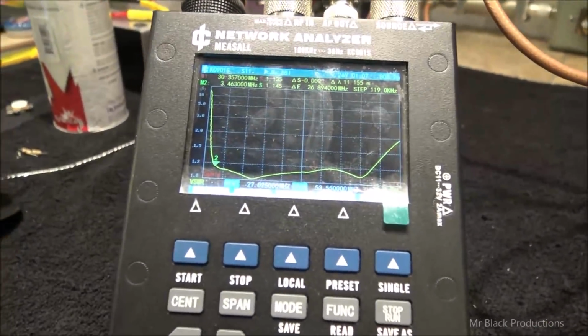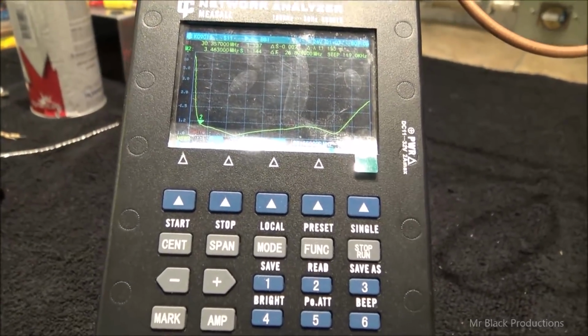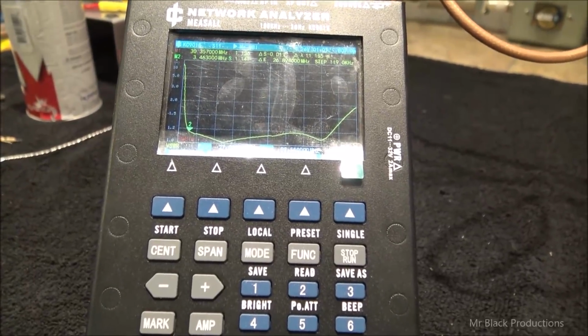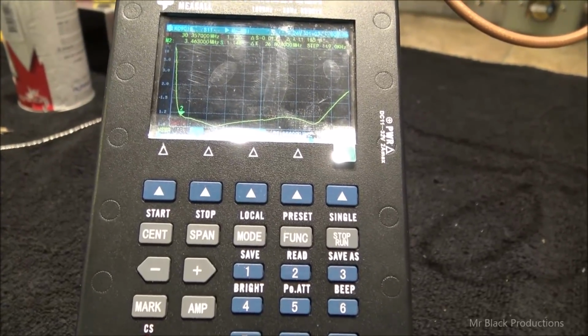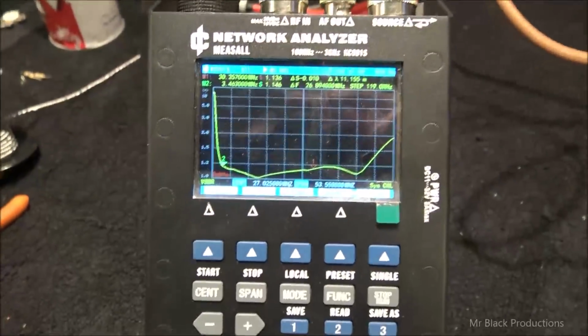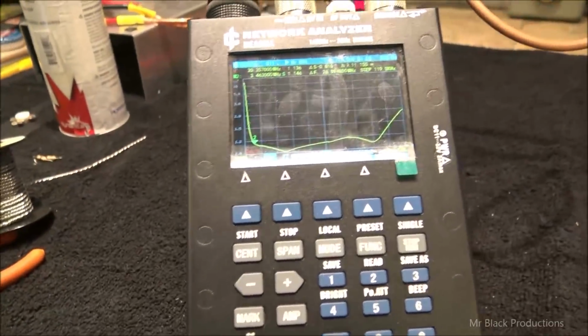But I got so accustomed to using this, I sold all of my grid dip stuff, like my MFJs and my AA30s and the stuff made by Rig Expert. They make a decent meter. Those guys really do. And really what we're doing here is we're using a grid dip function in this, but